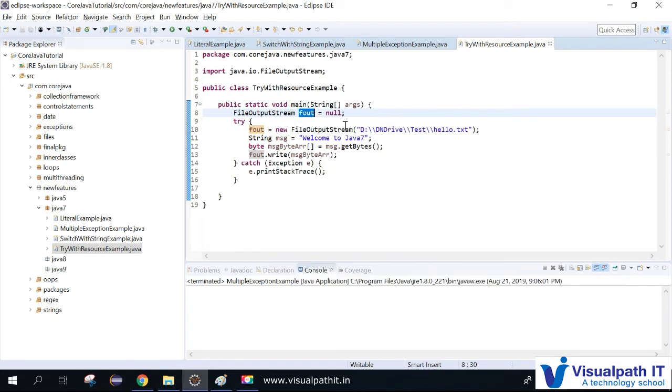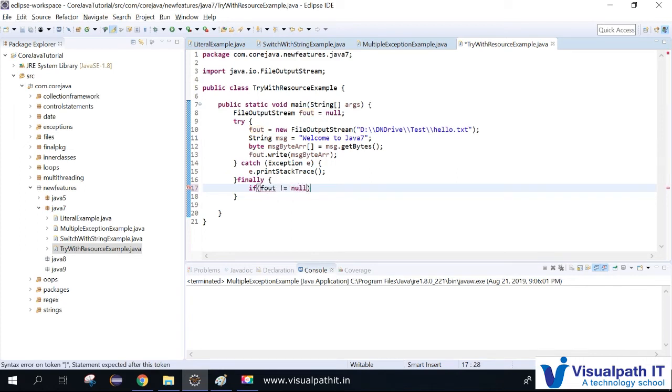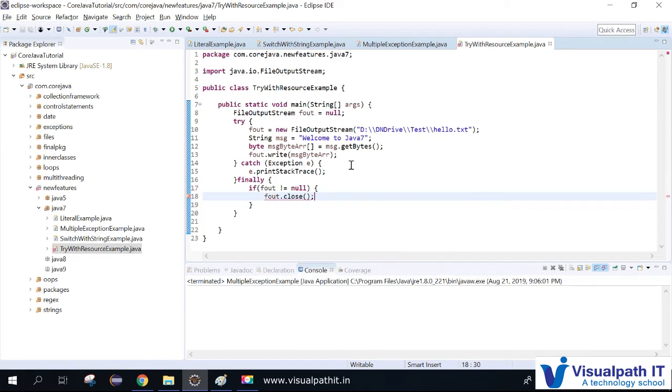I just want to close the stream in a finally block, which always executes. In try catch, finally will execute always. So for that reason I'm writing a finally block, where I check if fout is not null, then I close that stream, whatever stream is open. If fout not equal to null, then close. Here also you need to handle try catch blocks.